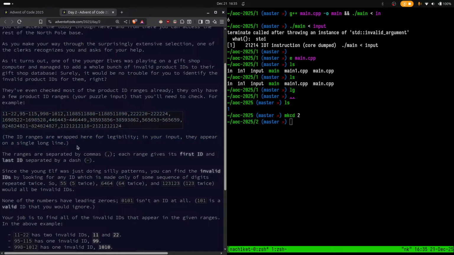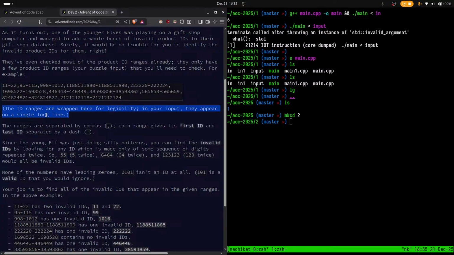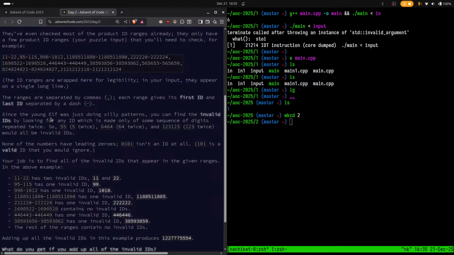The ID ranges are wrapped here for legibility in your input. They appear on a single, long line. I just need to input a single line. The ranges are separated by commas. Each range gives the first ID and last ID separated by a dash. Since the young elf was just doing silly patterns, you can find